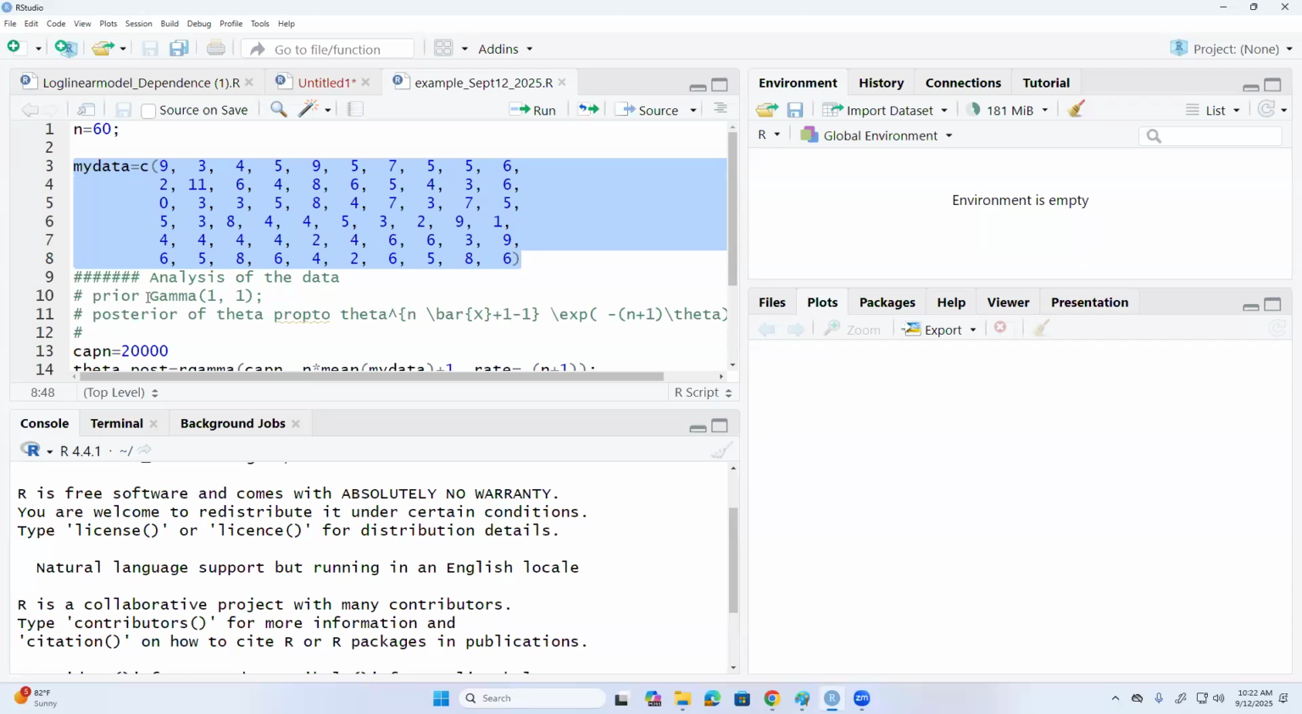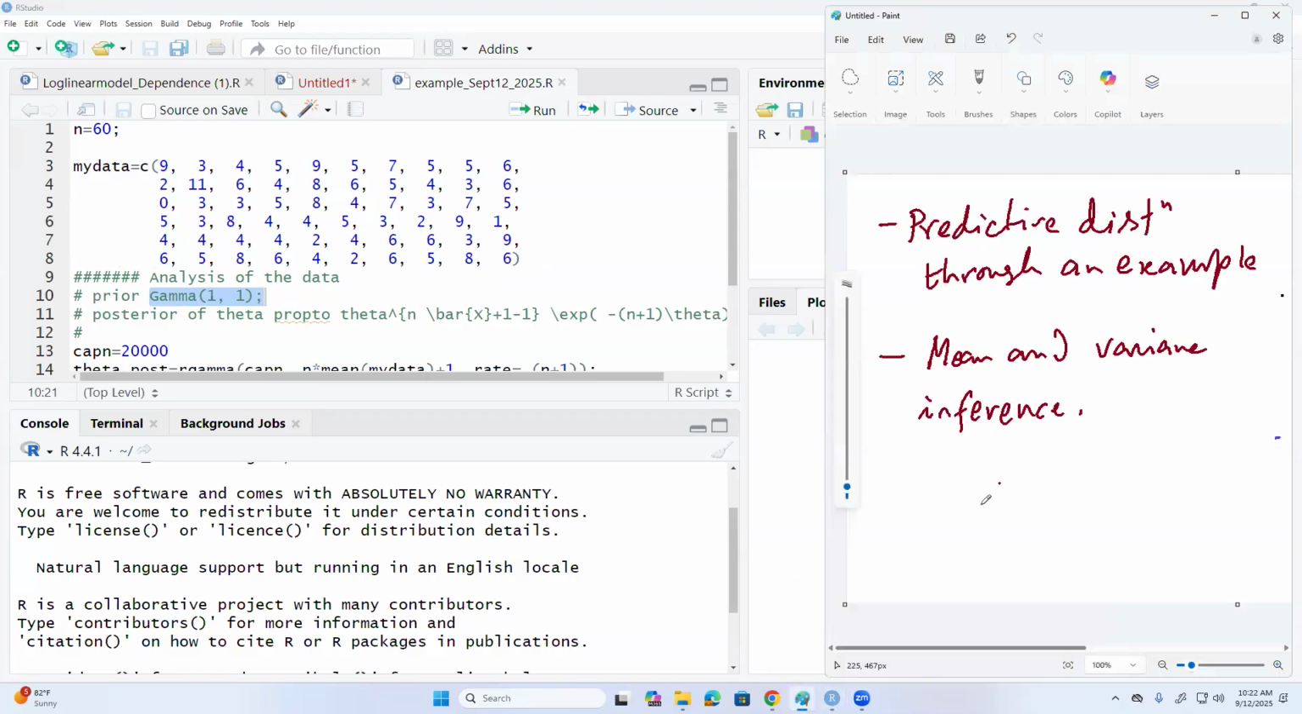Assume that the prior distribution of the rate parameter is gamma 1, 1. 1 is the shape and 1 is the rate. Gamma distribution has two parameters, one is the rate parameter, another is the shape parameter. So both I took them to be 1. So the posterior distribution of theta is proportional to what? If you recall,